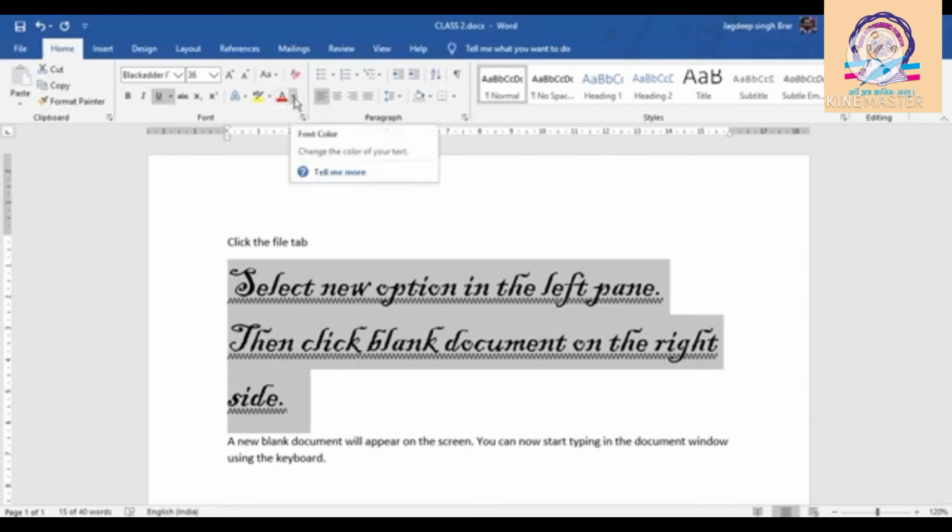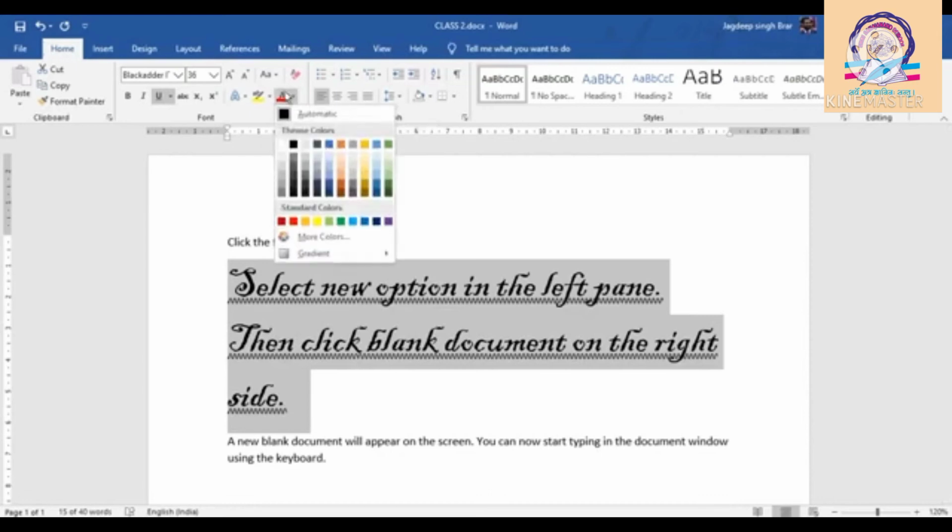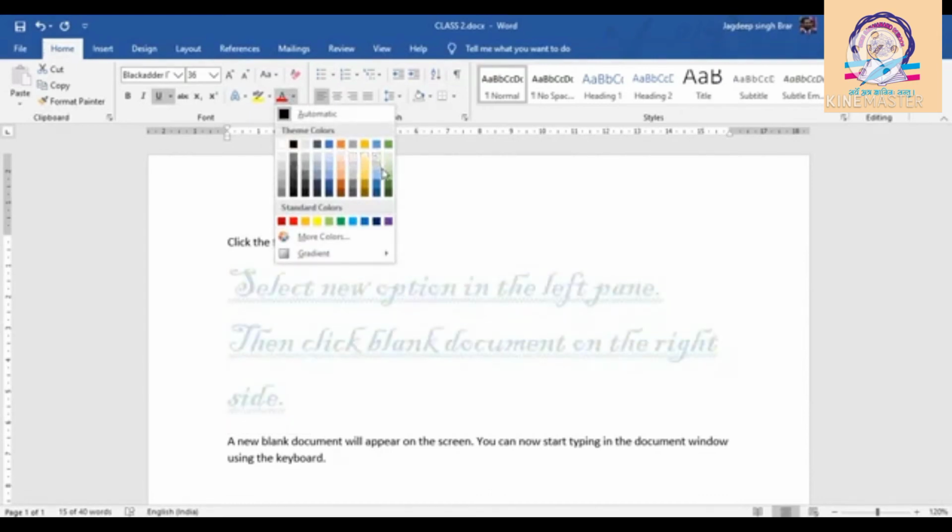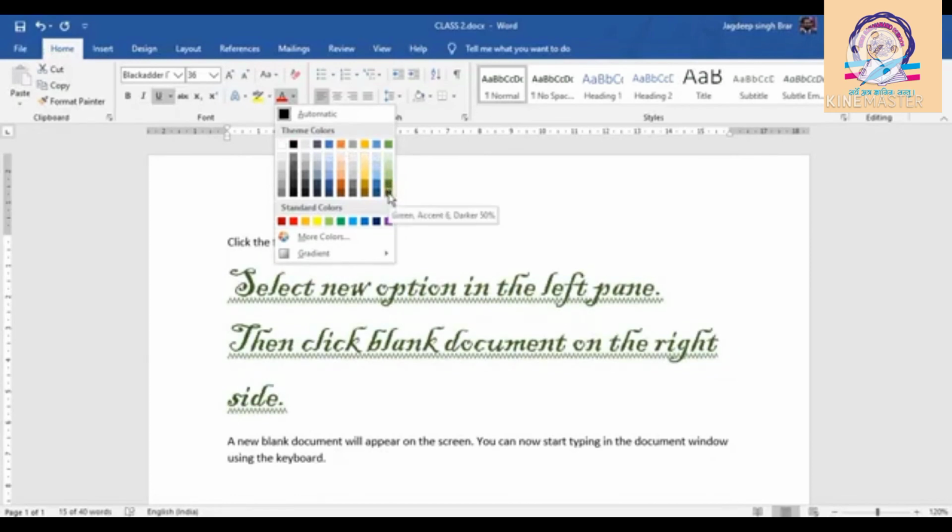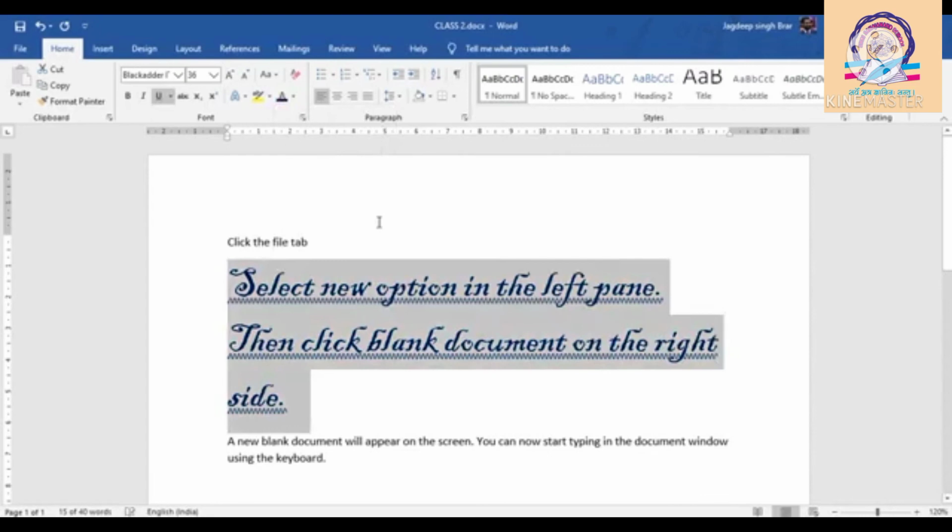To change the font color, click on this button, a drop-down menu. From here, you can choose any color you want to apply: green, yellow, red, dark blue. In this way you can change the color, the font style, and the font size of your typed document.